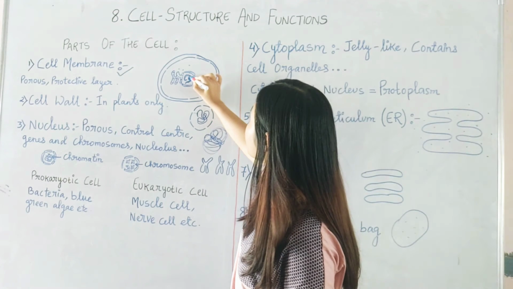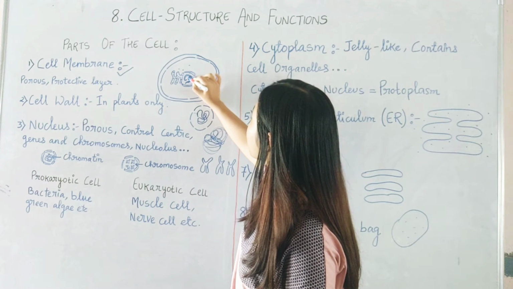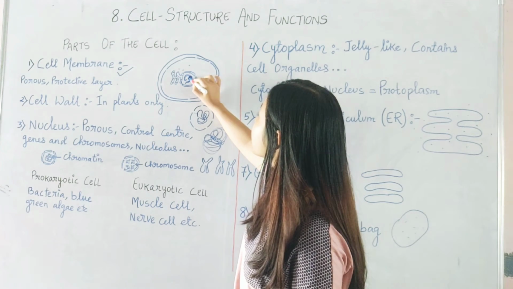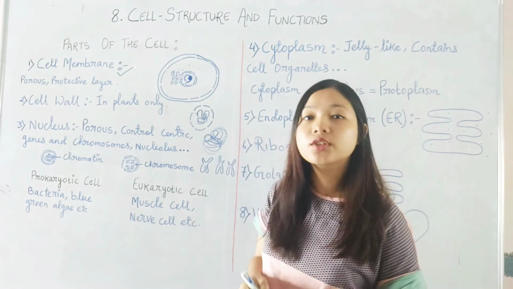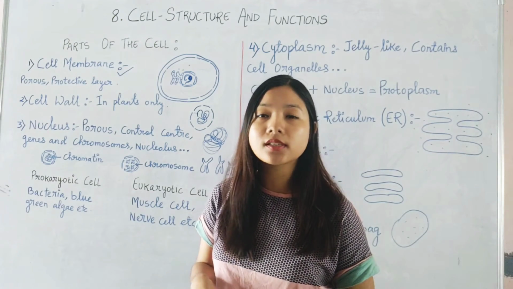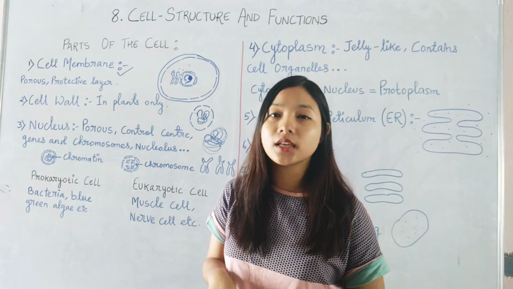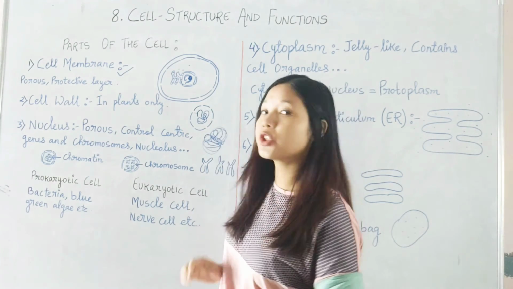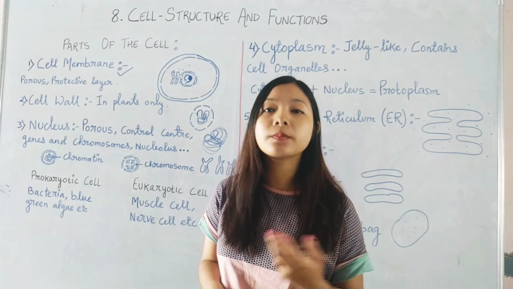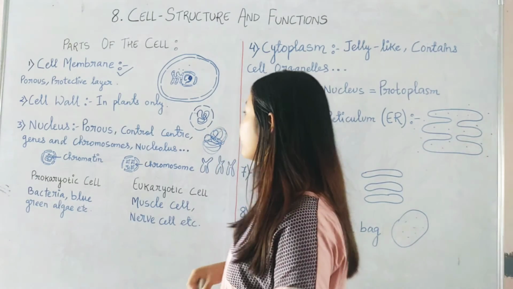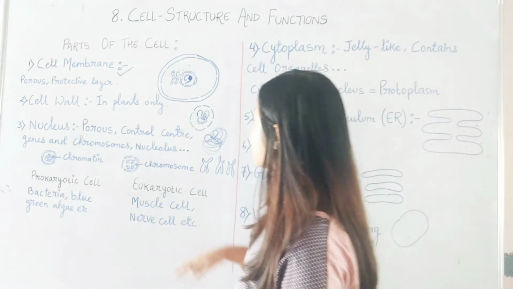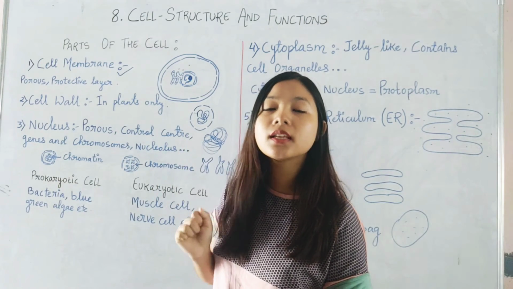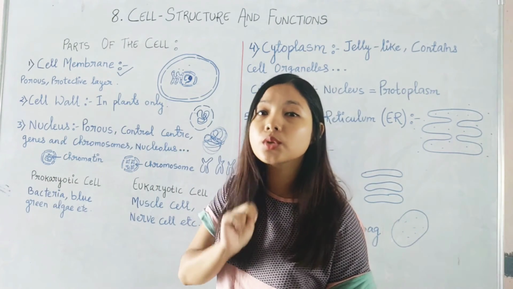Then in between the nucleus, in the genetic material, you will find a round structure present inside the nucleus, that is nucleolus, and it also has certain functions which help in the replication of the cell. Next is, based on the nuclear membrane, the cells can be divided into two types.